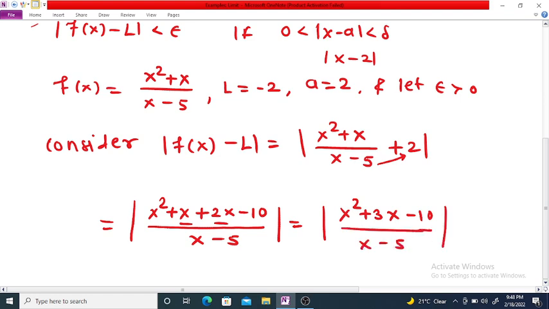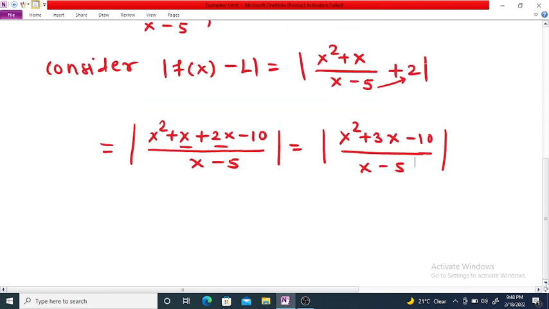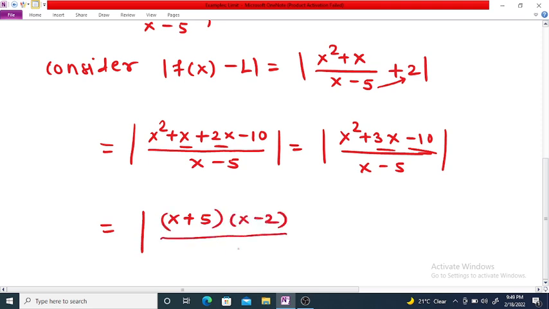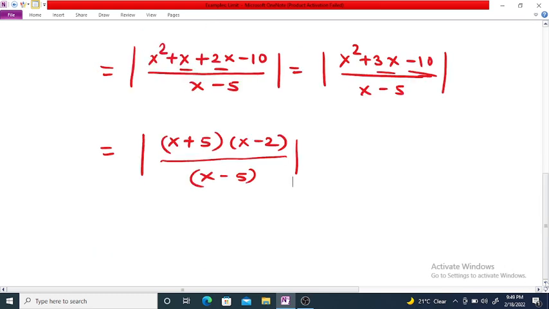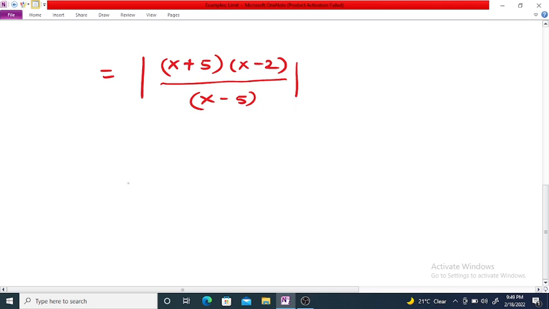The numerator is a quadratic equation in x, and we want to determine two numbers whose product is minus 10 and sum is equal to thrice x. So this is equal to (x plus 5) into (x minus 2) divided by (x minus 5). So this is equal to mod of